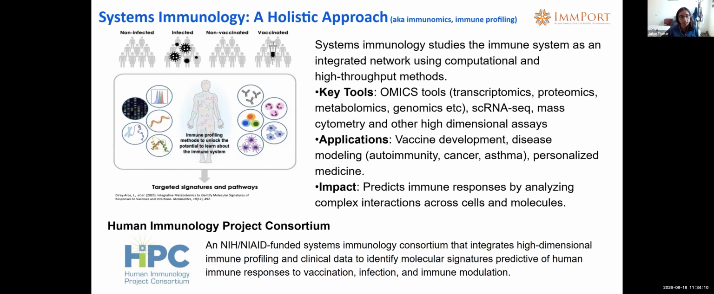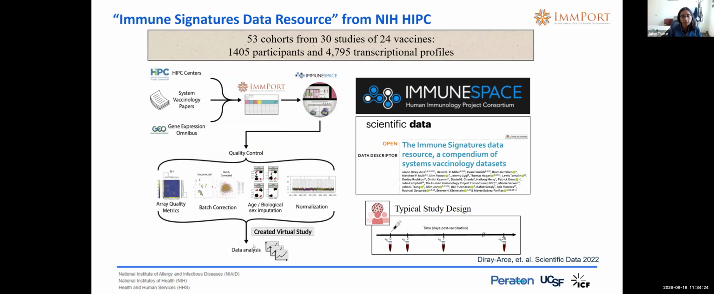This data was generated, as I said, as part of the Human Immunology Project Consortium, which is an NIH, NIAID funded Systems Immunology Consortium. This is the original study, where the first author was Joanne. The immune signatures data resource has 53 cohorts, 30 studies, and 24 vaccines. As I said, it has 1,405 participants and